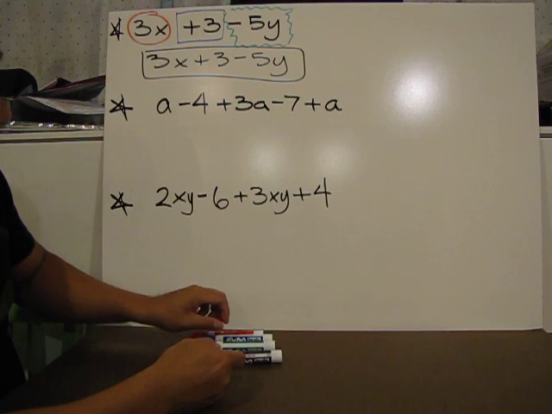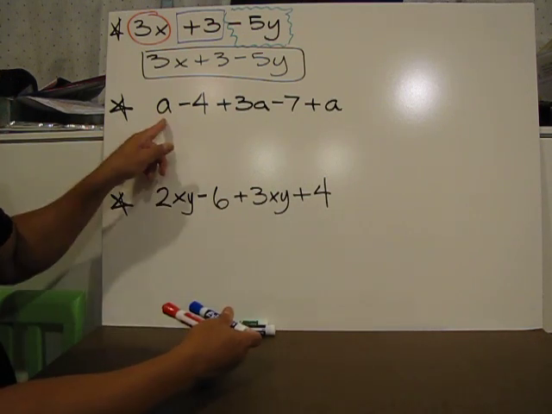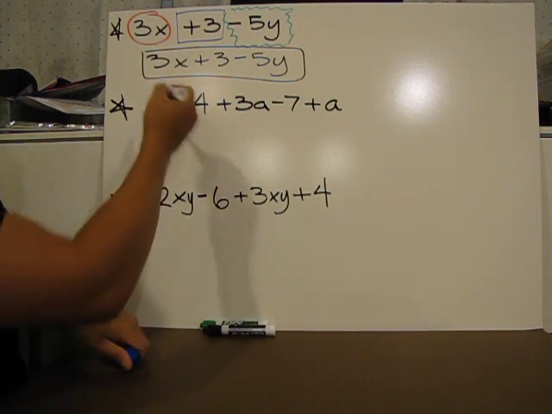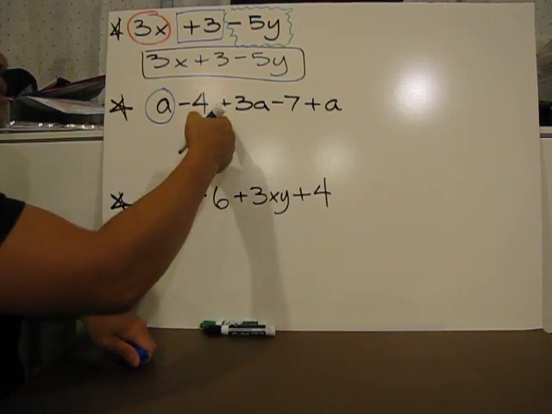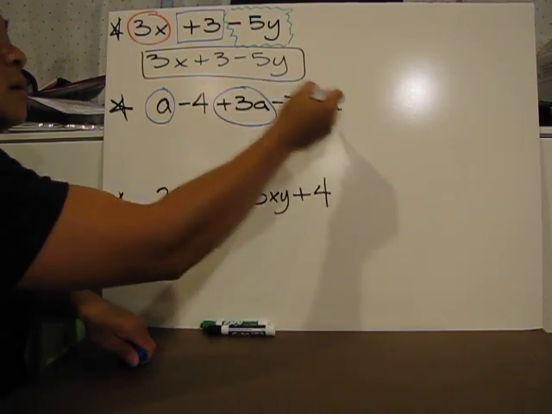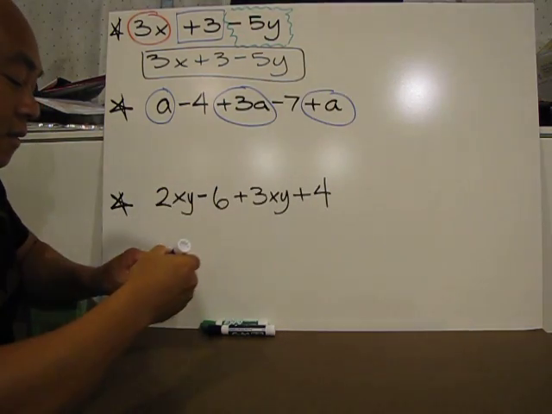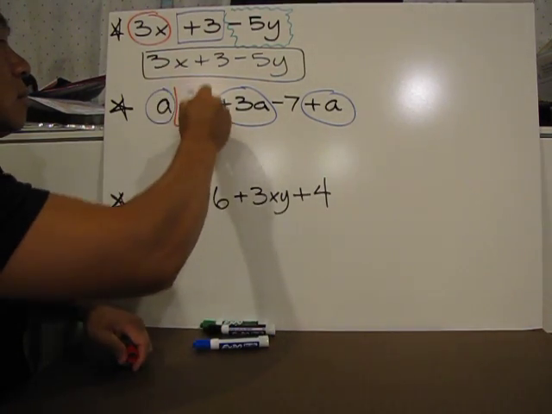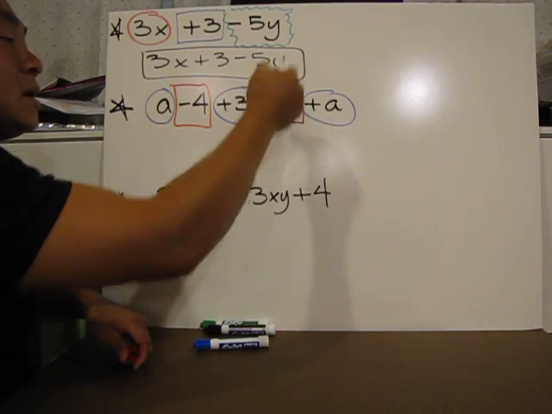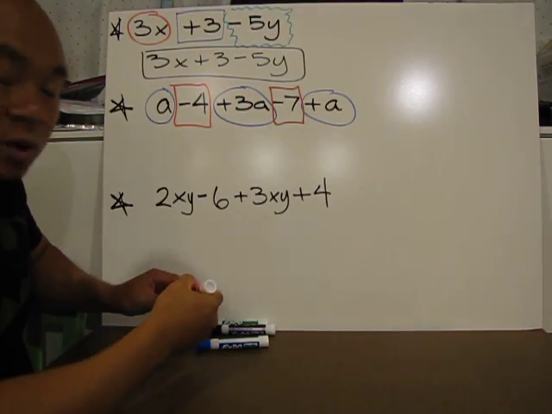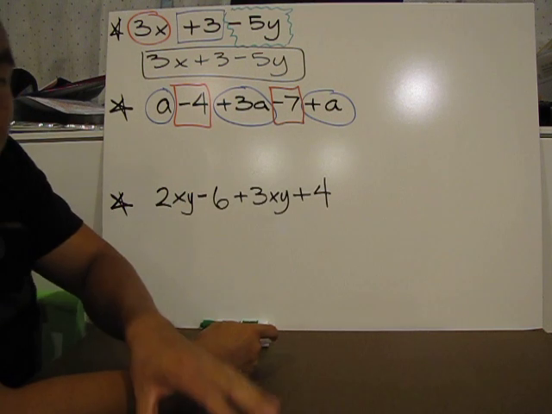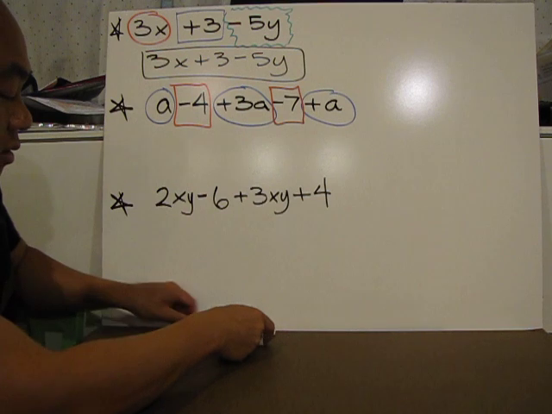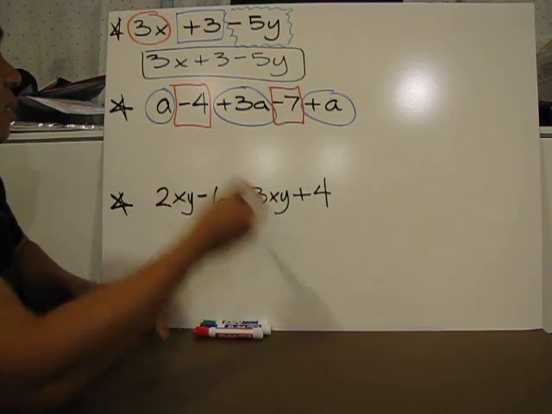What I notice here is I just need 2 colors for this one because I do see an A, an A, and an A. So let's go ahead and do this. And then I also notice that I do see my constants right here. And again, how you group these, or what symbols you use, or ways to organize them, it's up to you. I just chose specific ones to make things a little bit easier. Alright, now I'm going to go ahead and match them up. So I have A